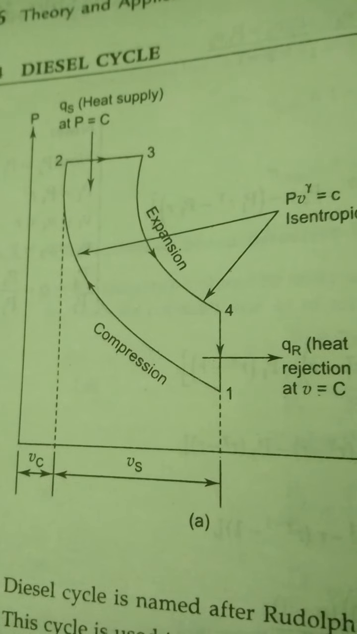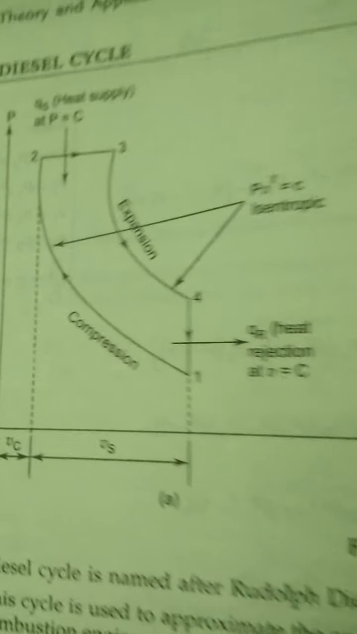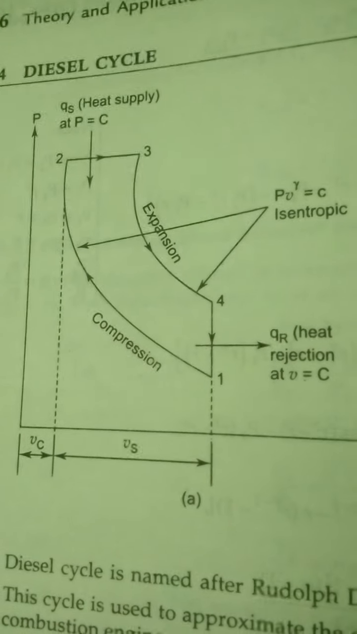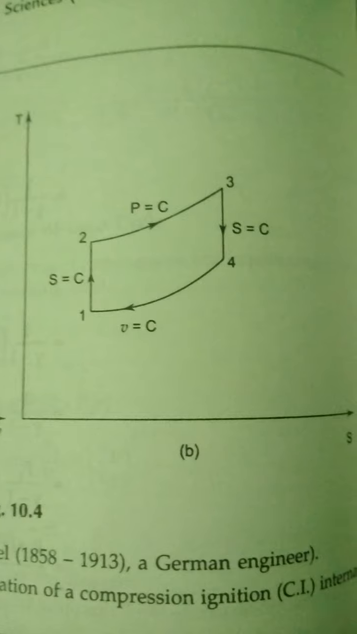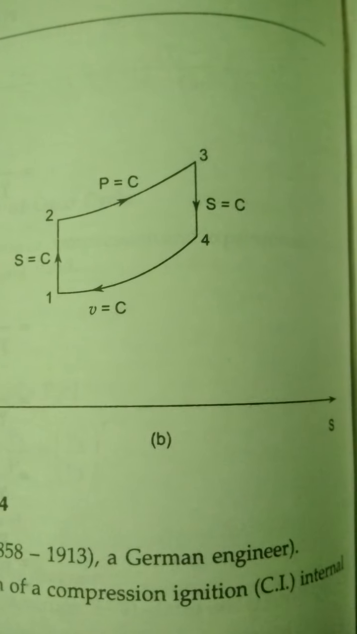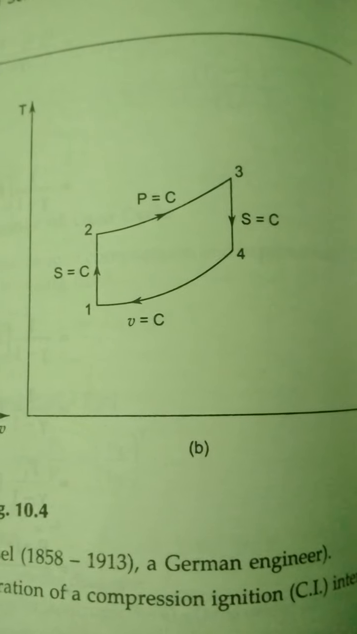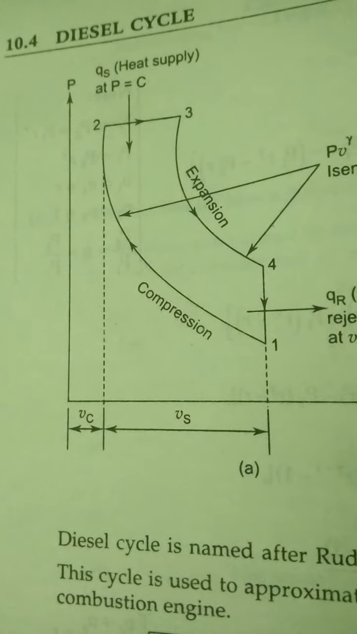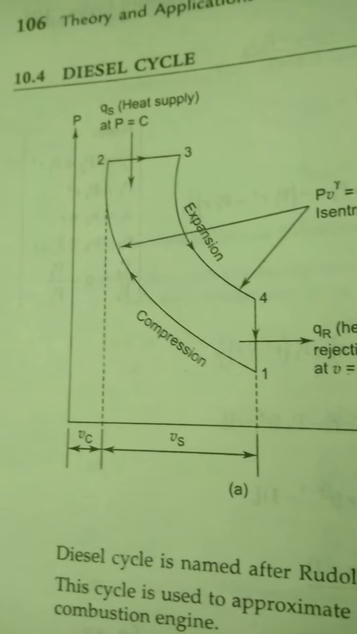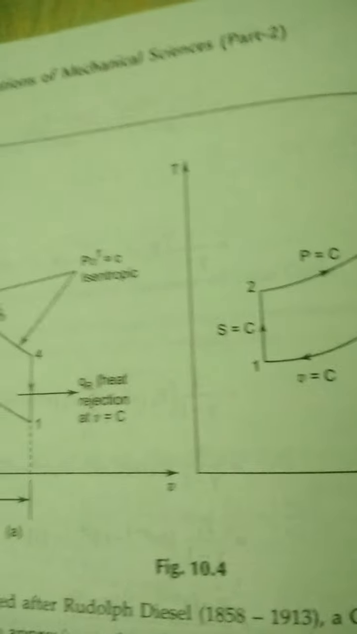This is the figure in the PV diagram, and this is the TS diagram, where S is the entropy. That you already know. Vc is the clearance volume and Vs is the stroke volume. Now let us go for the